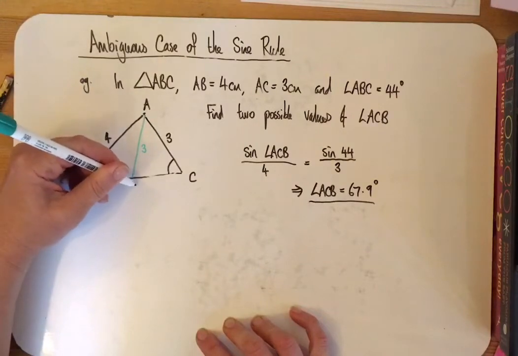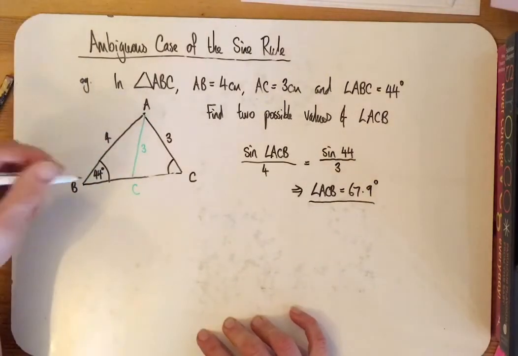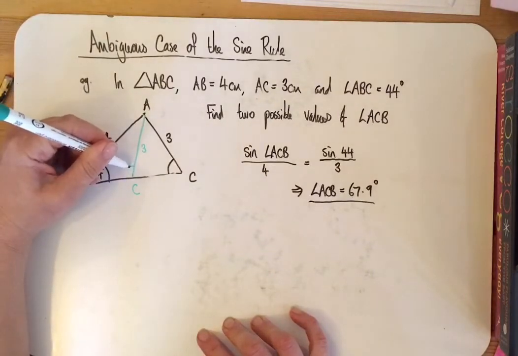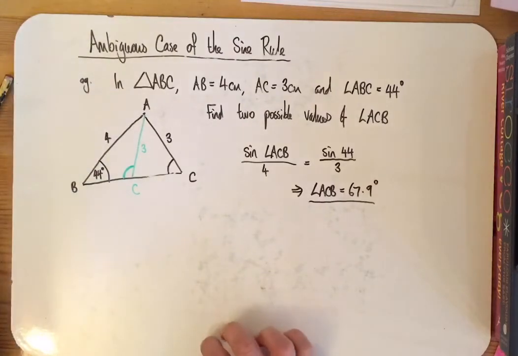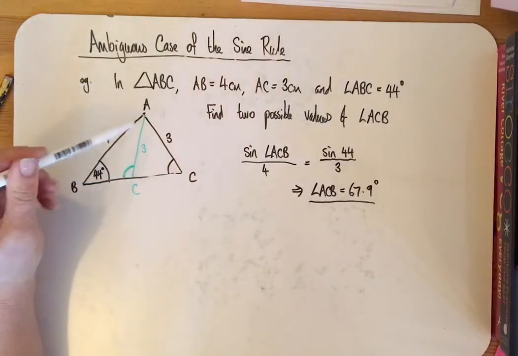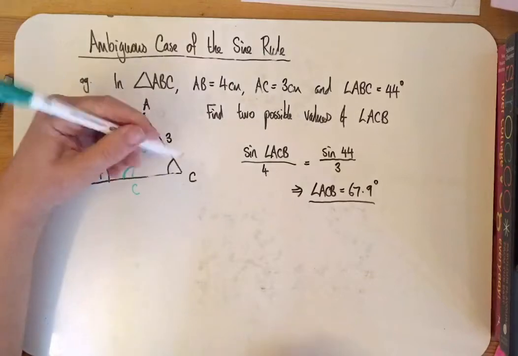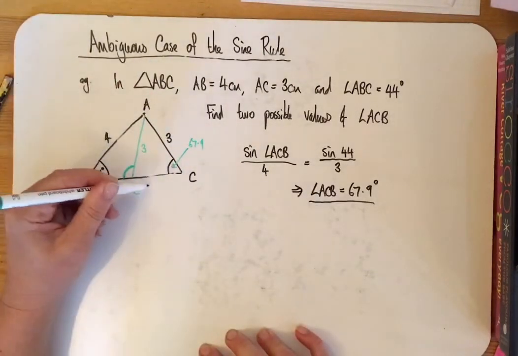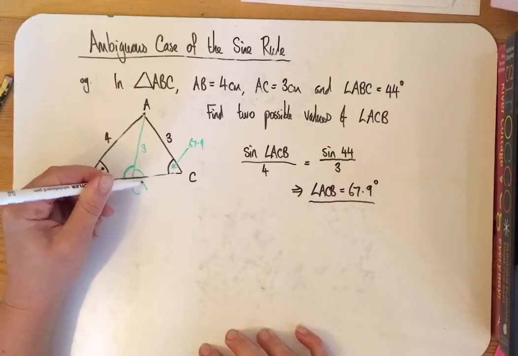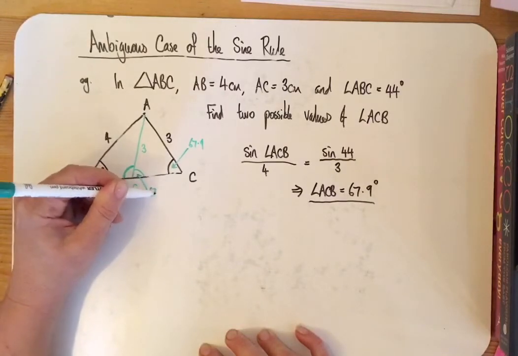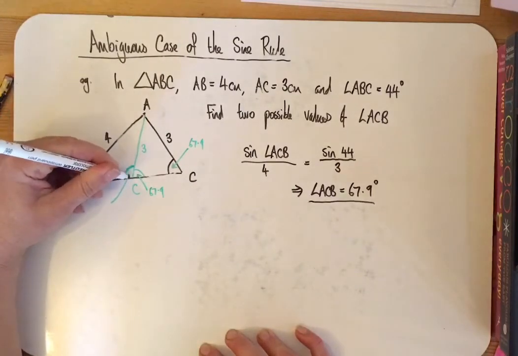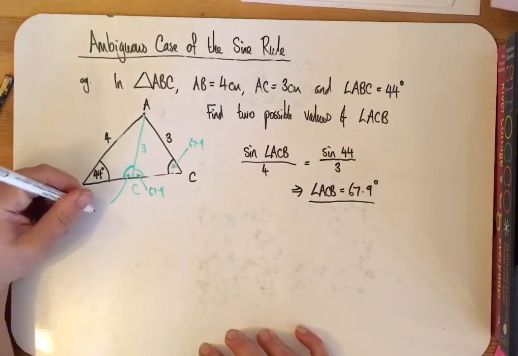That would make this one here C, and angle ACB is now this angle sitting in here. If you think about what's happened, this is isosceles. If this one here is 67.9, then this angle sitting in here is also 67.9. And so this angle here is going to be 180